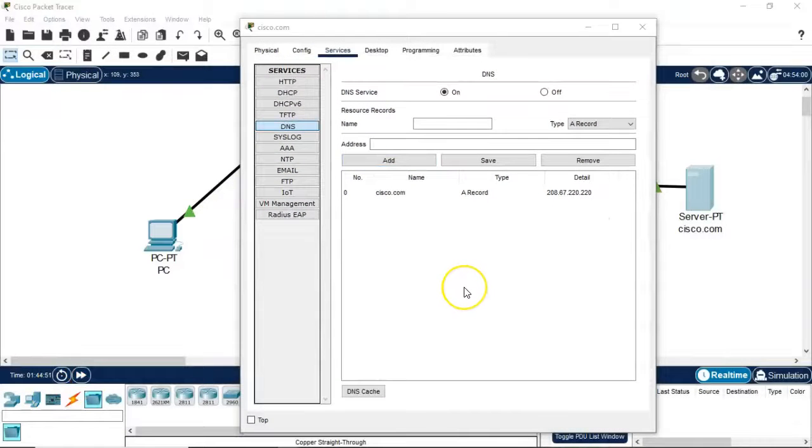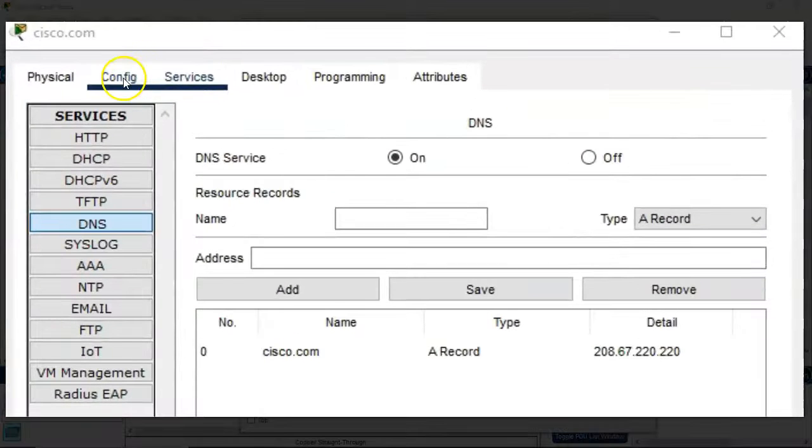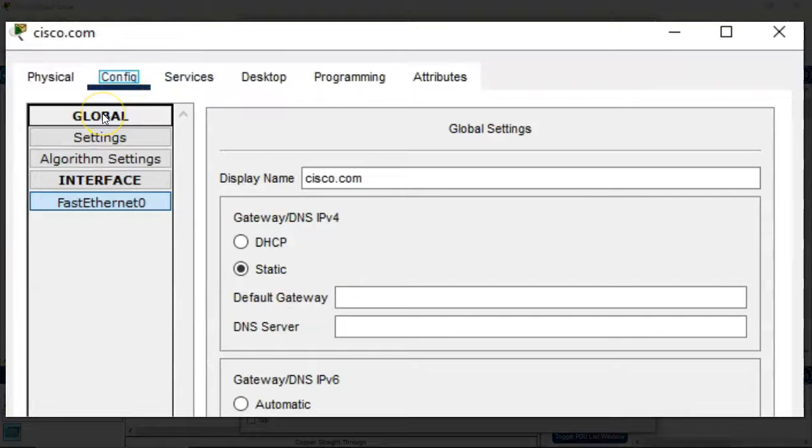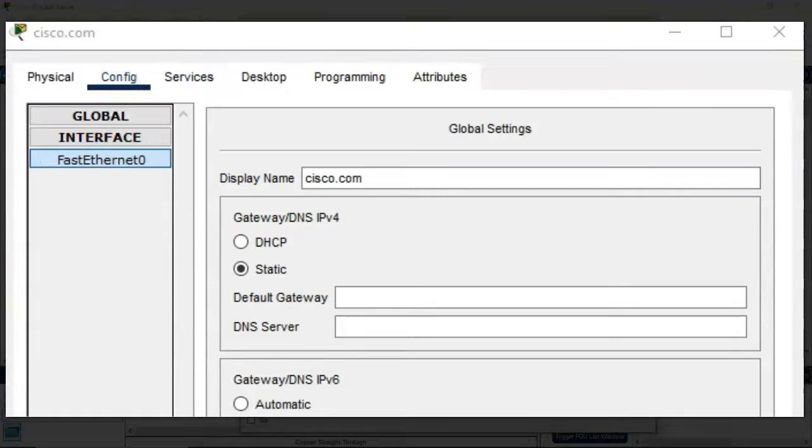We next need to configure the global settings for this device. To do this, we're going to go back on over to our config page and we're going to click on Global. Under where it says Gateway DNS IP version 4, we're going to make sure that the radio button that is marked static is selected. For the default gateway, we're going to type in 208.67.220.1. For the DNS server, we're going to type in